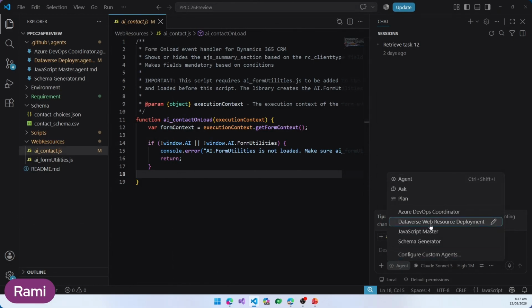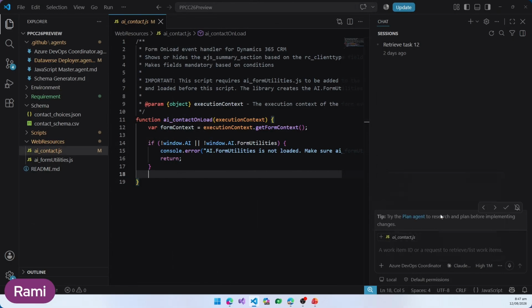And during the workshop, we'll go through how to create those agents one by one and then add them into the list. So I'm going to start with my Azure DevOps coordinator because I have a requirement that is sitting in Azure DevOps. So I'm going to say, get me requirement 12. And because my agent is so fine-tuned and it's driven by hyper-automation,